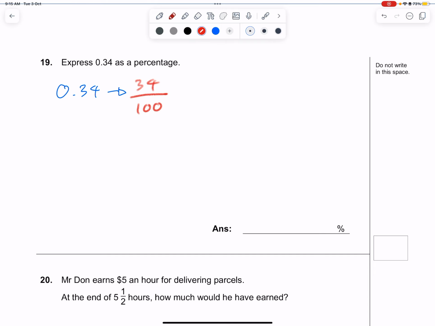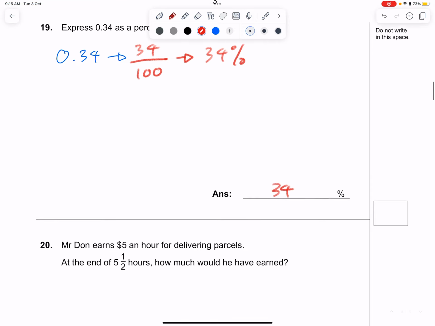So because percentage is always out of 100, straight away your answer would be 34%. Okay, very straightforward, this one. Next,